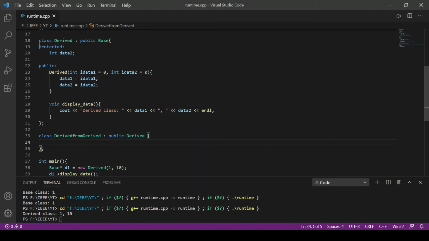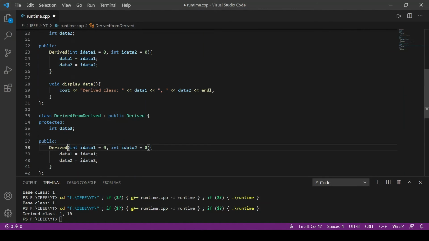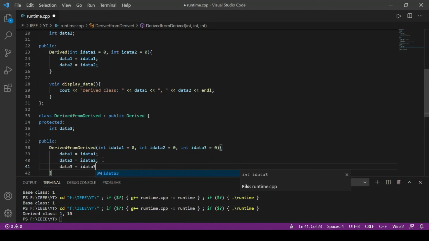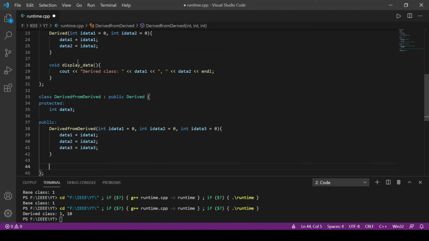Now again we'll be introducing a member function, the third member function. And we'll need a constructor again with a few changes. Okay, and at last we'll be redefining the display data function again.